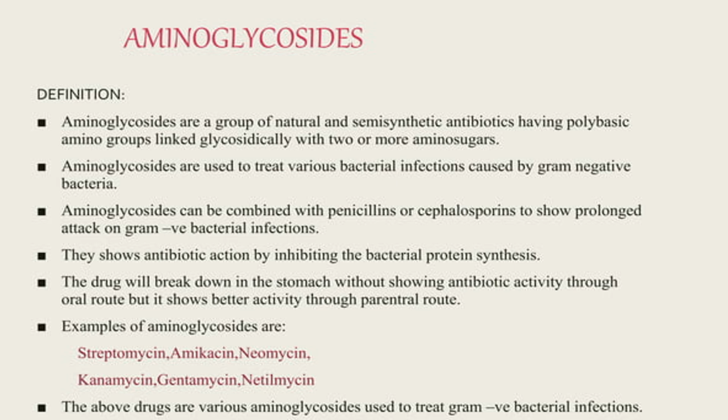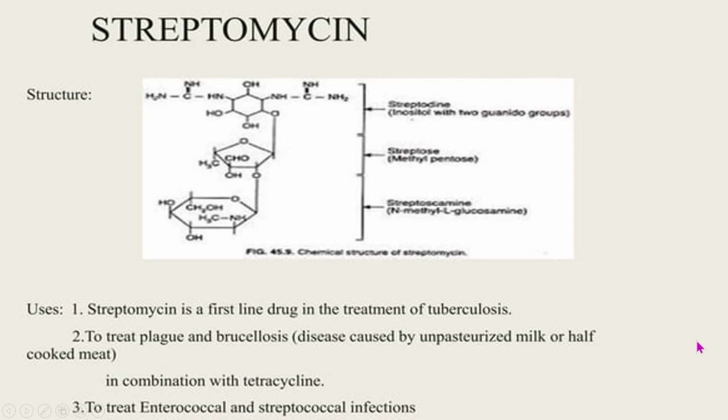These drugs are used particularly for the treatment of gram-negative type of infections. So this is the structure of the first example of the aminoglycoside antibiotic, that is streptomycin, containing streptidine as an inositol with two guanidino groups in its structure. So these are the two guanidino subchains which are attached to the streptidine, containing a streptose, that is a pentose sugar,